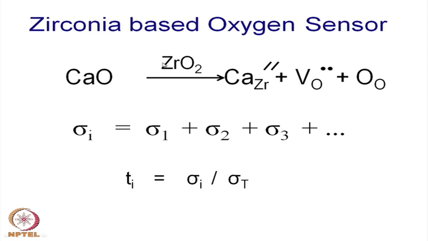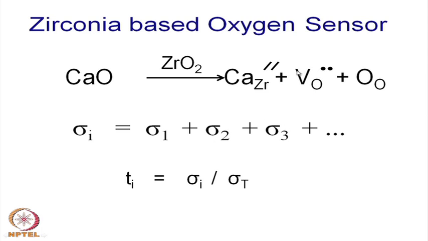Zirconium is tetravalent, whereas calcium is divalent. So, there is a deficit of two positive charges. That is what is written in this defect equation: calcium goes to the zirconium site, and an effective two negative charges are created, and to compensate that you have to have an effective positive charge, and that is by an oxygen vacancy. So, you create oxygen vacancies by adding calcium oxide to zirconium dioxide, you actually enhance the oxygen vacancy